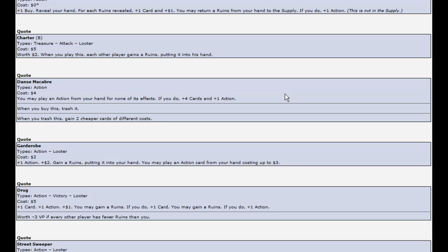Yeah, that's quite powerful. But on the other hand, everybody gains a ruin. Like, it's got to be worse than Mountebank, right? I guess it can't be blocked like Mountebank can, but it gives out ruins instead of curses, and it gives them in hand, which is actually somewhat useful. But it's a treasure, so...